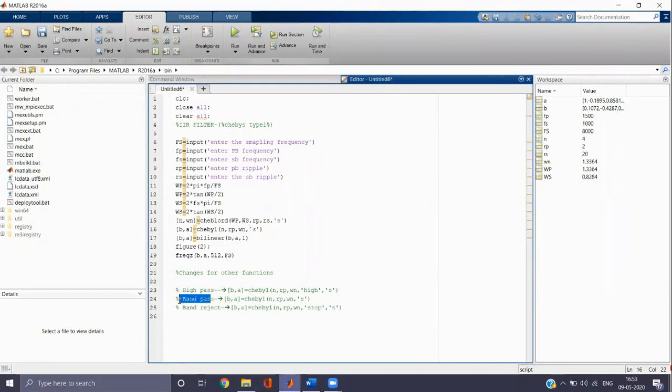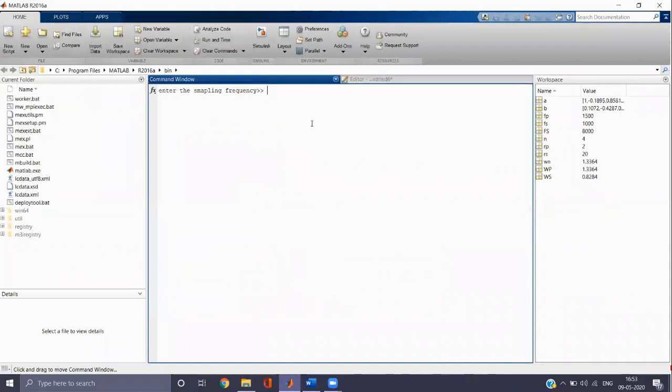As we are designing a band pass filter, we have deleted that high, and then we are going to check the response of the band pass filter. There will be 2 transition bands, 1 pass band and 2 stop bands.